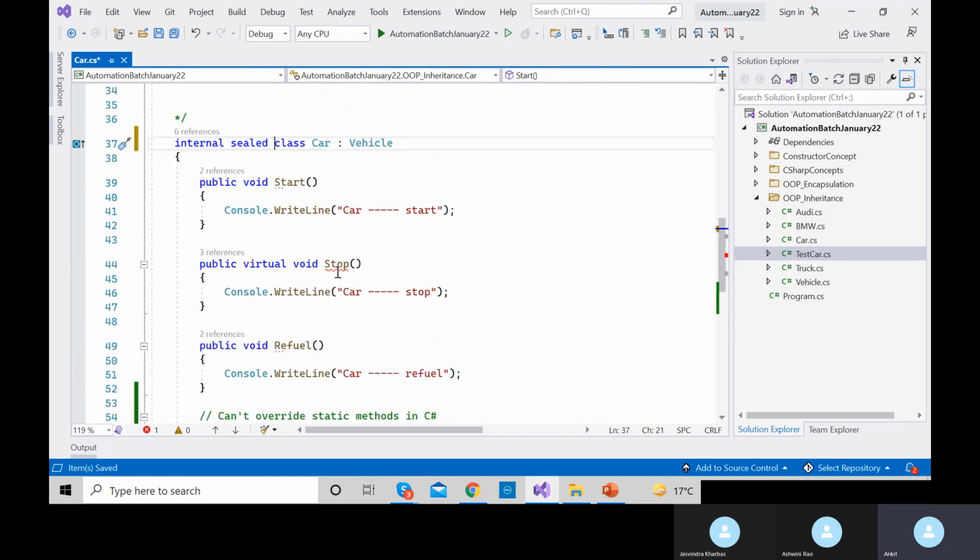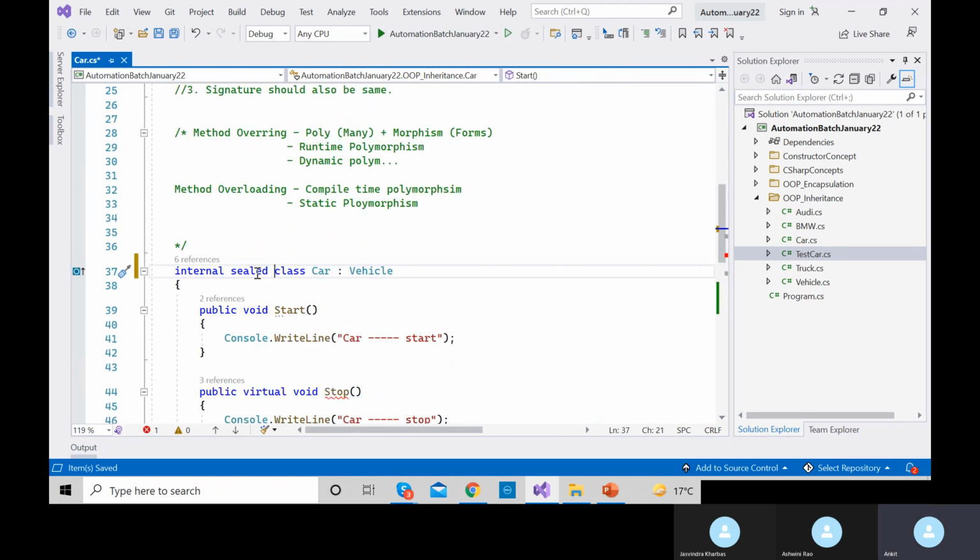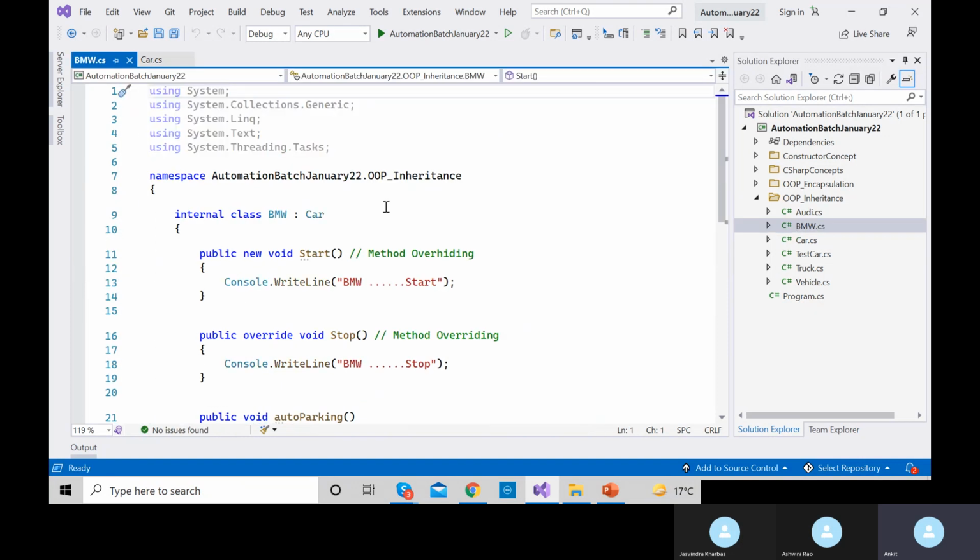Okay. So as soon as I write sealed, that means the class can never be a parent. It means the methods inside this class cannot be inherited by some other classes. This class will not have any child now. Got it? Now, if I make it sealed and navigate to the BMW,